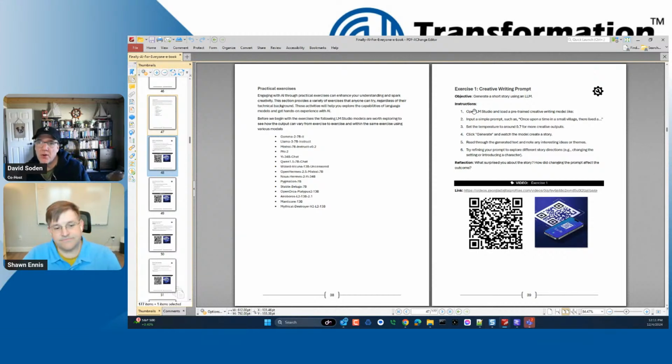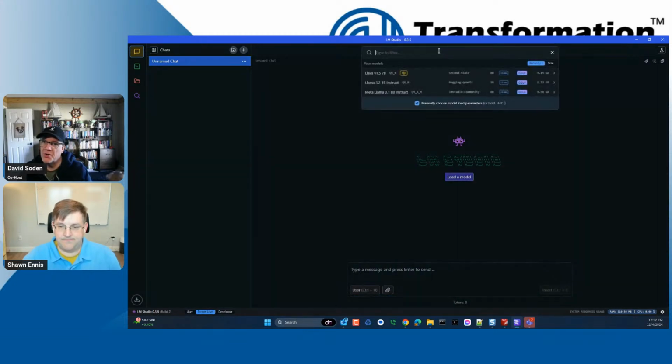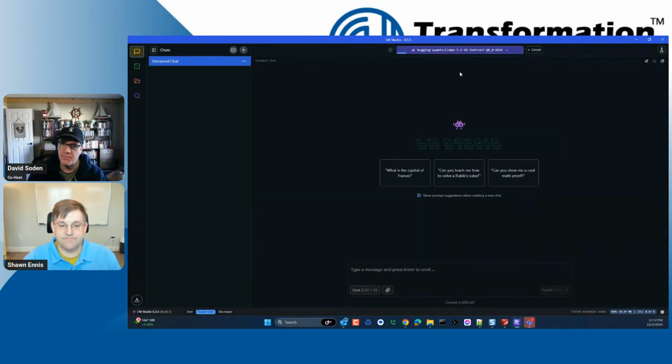It's just telling you to open up LM Studio and load up a pre-trained creative model. There is one that comes out of the box with it. So for example, to load up a model, I've got one in here already. I'll show you the one that comes along for the ride out of the box. It's this 1,000,000,001 llama. So just load it up, and you can see that it's crawling in here